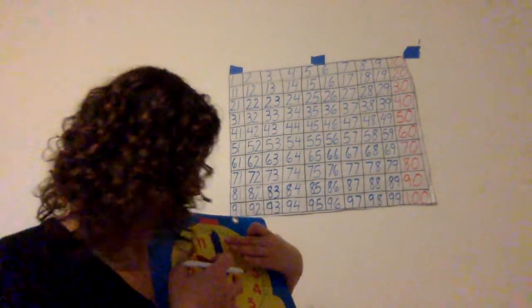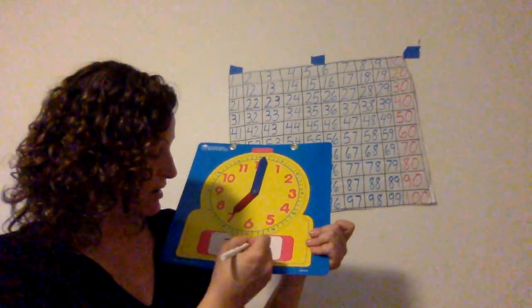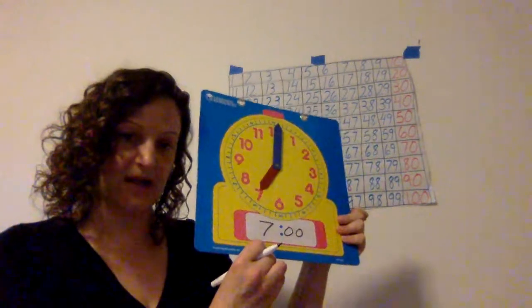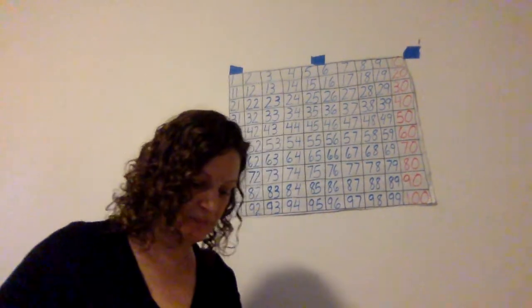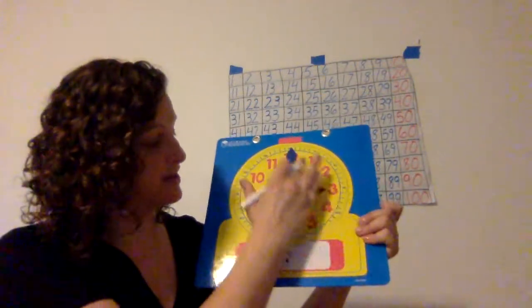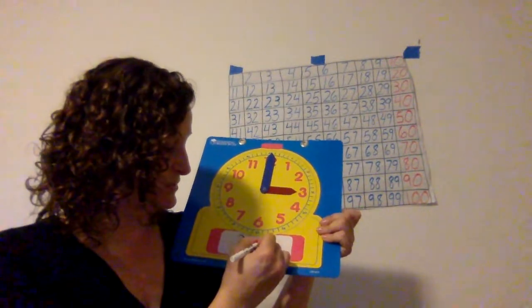If I move the hour hand here, so the hour hand is on 7 and the minute hand is on 12, it is now 7 o'clock, and this is what it would look like on a digital clock, 7 o'clock. Let's do one more. This is 3 o'clock. And again, we'd write the 3 and the two dots, and we have 0, 0,